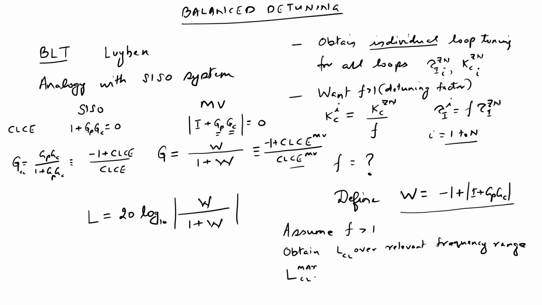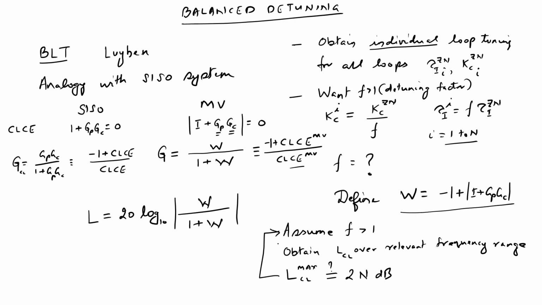Okay, and then we say this LCL max, is this equal to, if there are n loops, 2 times n dB, because each of the loops can contribute 2 dB to the hump. So if there are n loops, you'll get 2n dB. Is this equal to 2 times n dB where there are n loops? If yes, then you have detuned successfully. If not,